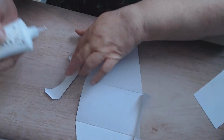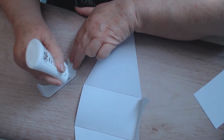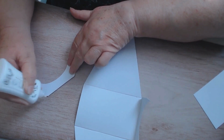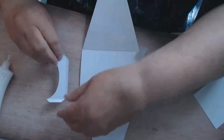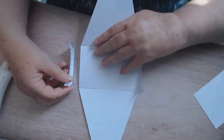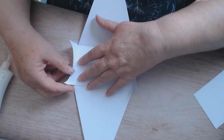We're nearly finished, guys. It doesn't take too long to make it up, does it? It's the cutting out, that's what takes you the time. But I think once you've decided on a colour scheme or theme or whatever, then you'll be on your way. And